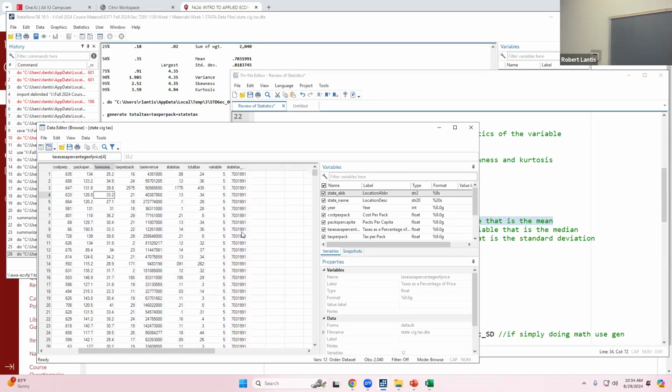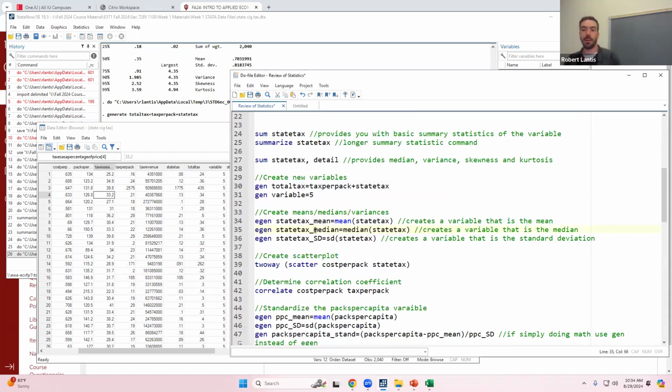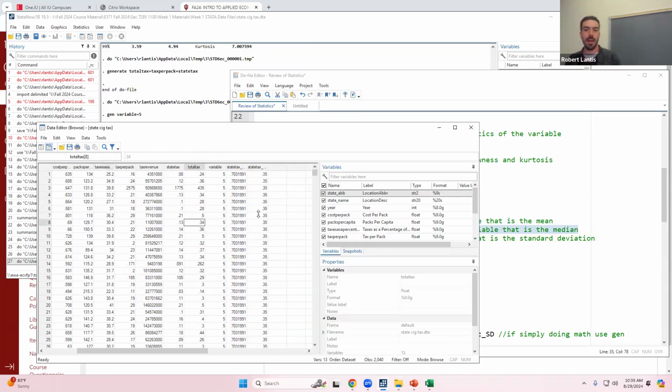Now, why are we doing this? I'll show you in a second. It's kind of jumping the gun on something we're going to talk about later, but since we're in state analysis, I'll just mention it, and we'll talk more about the usefulness of it later on. I can also calculate things like the median. egen has that median stored, so I could do that as well. I don't know why I would want to do that, but I can. So I can access all these different statistics.